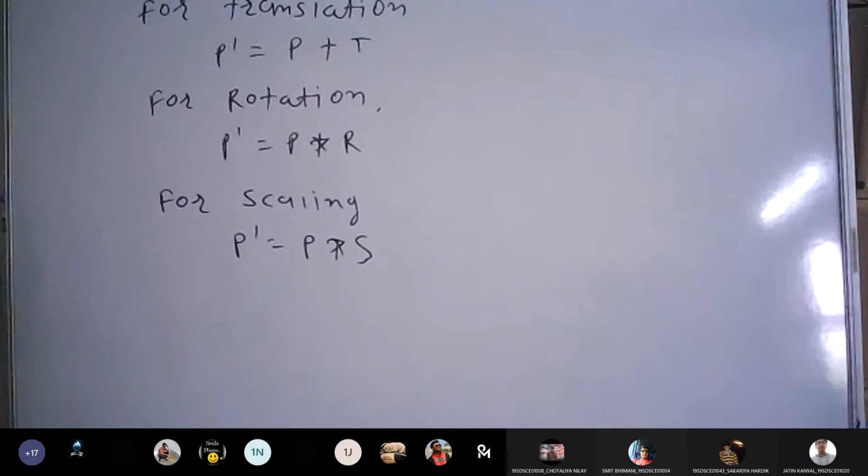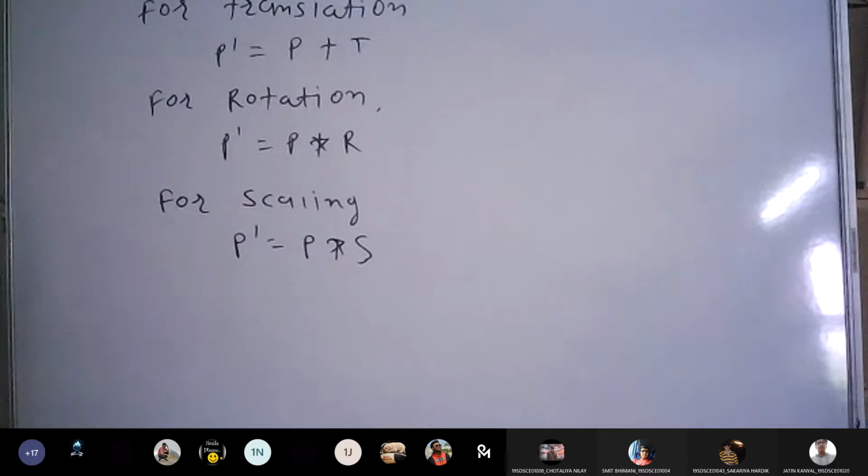That's the only difference. So now what if I want to convert all the equations into the same form, either in the form of multiplication or in the form of addition? That is why we are going to learn today's topic, which is homogeneous coordinates. Whenever I want to convert all the equations into the same form, I need homogeneous coordinates. I will let you know what homogeneous coordinate is and how you can find the homogeneous coordinate value for any point. So don't worry. Ultimately, our target is to convert all the equations into the same form.